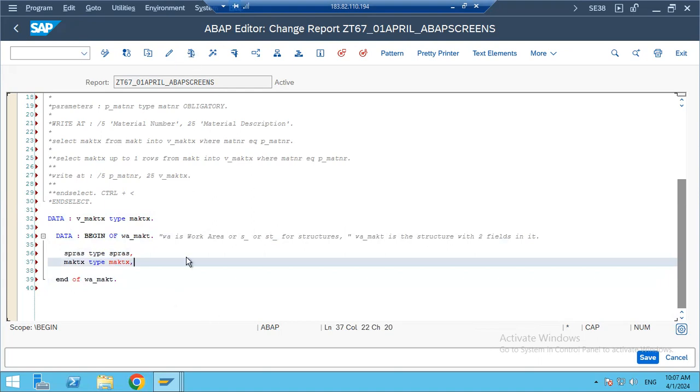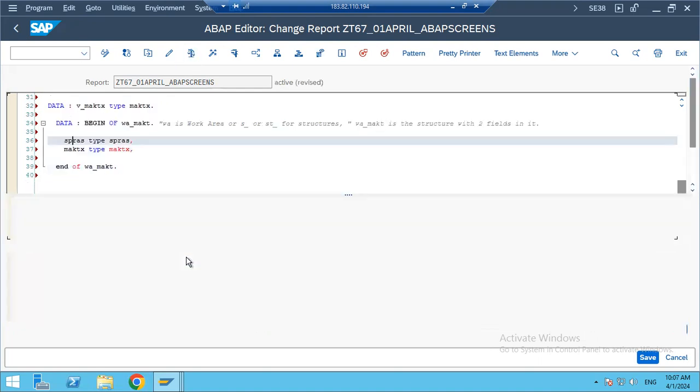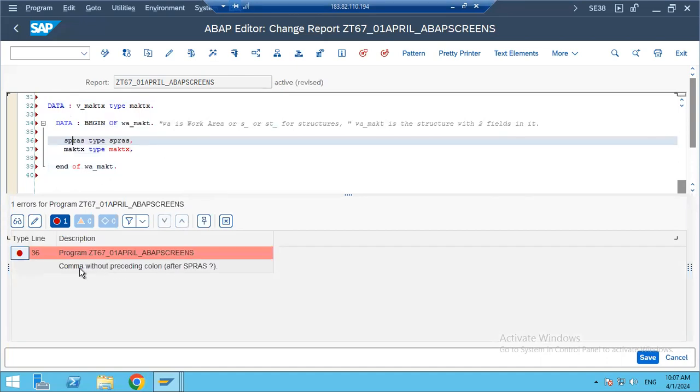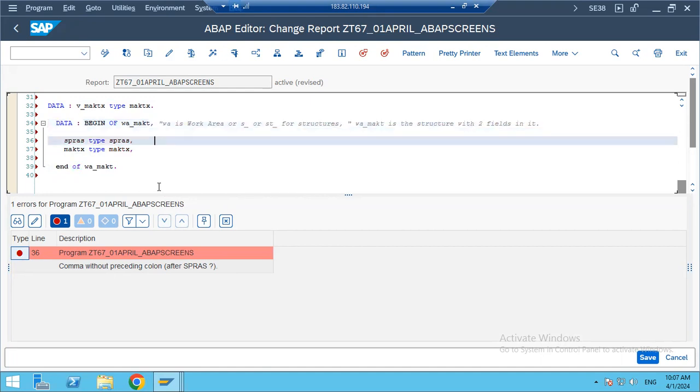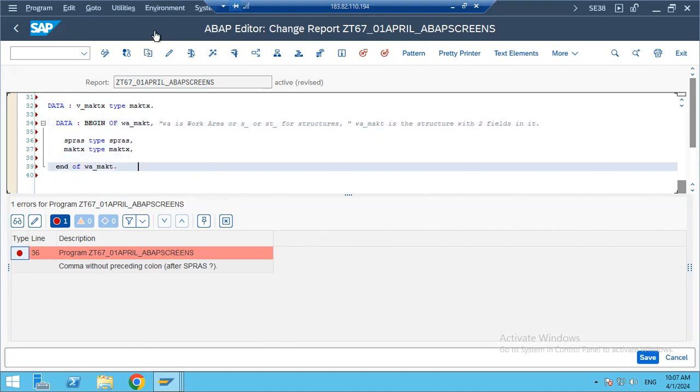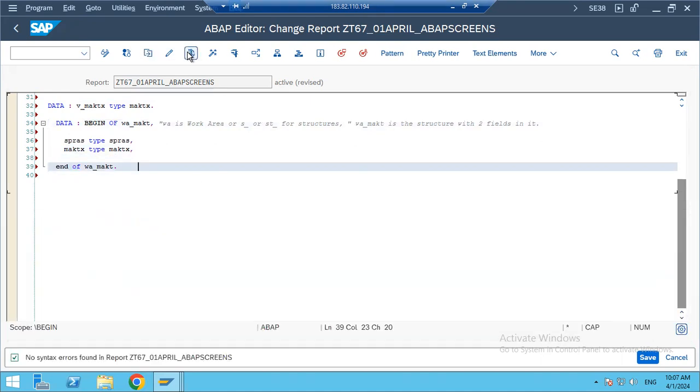Let me just check. Wow, this code is red. It shouldn't be red. Comma without preceding colon. Okay. End of WMAKT. Now let's produce